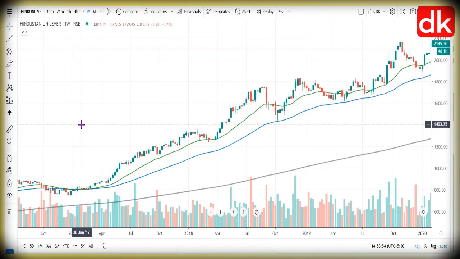Now friends, let us learn to draw the Fibonacci retracement in an uptrending market. This is the price chart of Hindustan Unilever on NSE in the weekly time frame. I have deliberately selected a weekly time frame, and in the short market position or a downtrending market, when we take an example, we will select a daily time frame. The purpose is to tell you and emphasize that Fibonacci retracement can be drawn in any time frame.